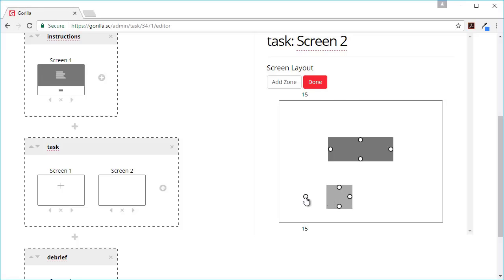Maybe 45 to 15. 60 to 70 should be enough. 60, 70, 55.